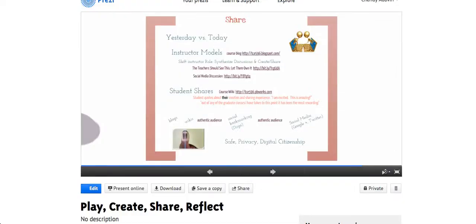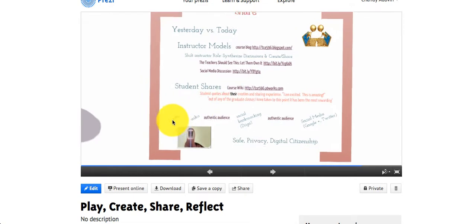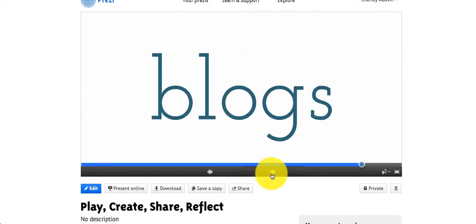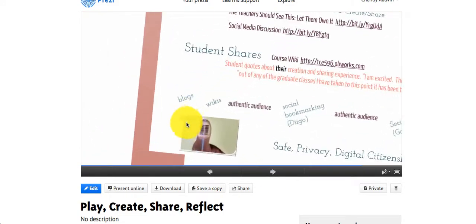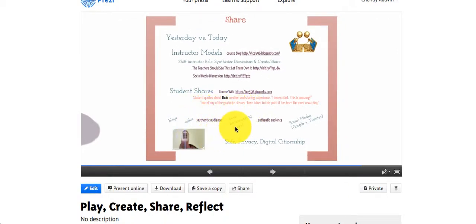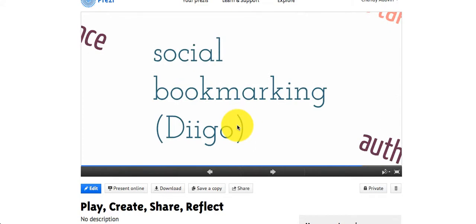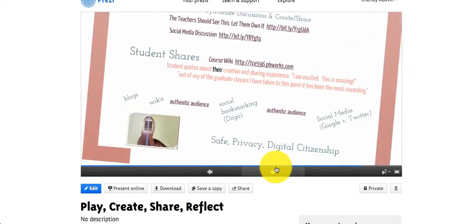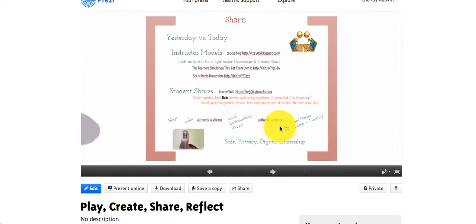So it's really important, I think, that we find ways for them, when they create and play, to take that step further and share. And these are some of the phrases that I got from my students as they talked about their own work and their experiences sharing. So blogs and wikis, these are ways of providing authentic audiences for students, and using tools such as social bookmarking. In this class we use Diigo, but there are a lot of ways of sharing that information, and it also provides an authentic